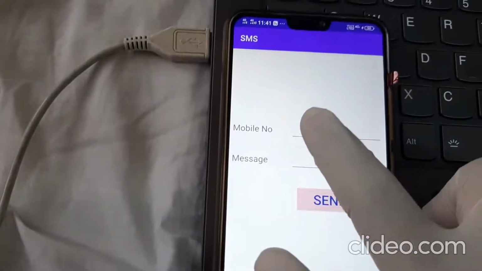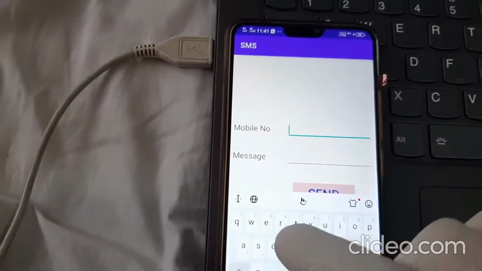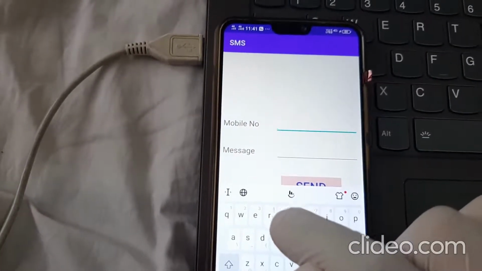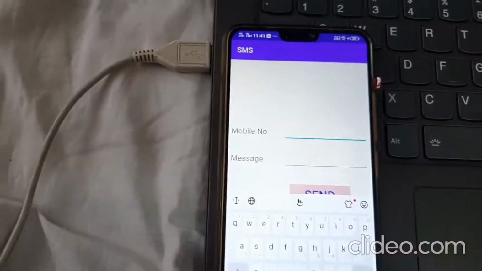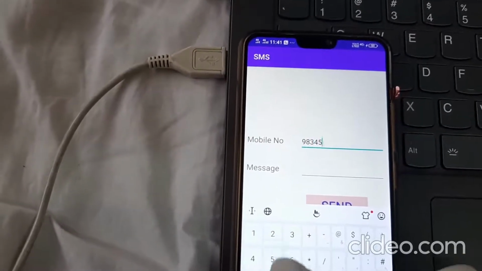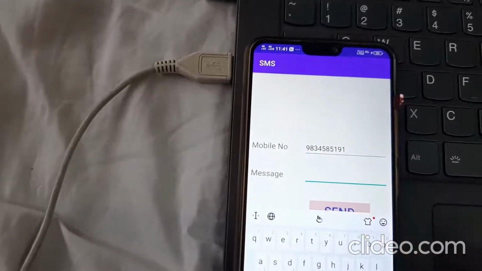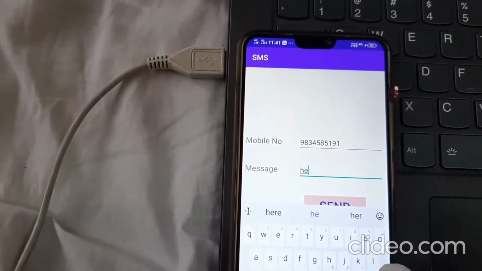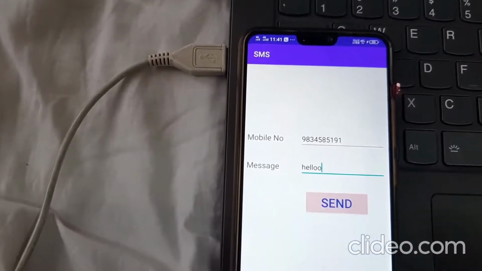So I will enter the first mobile number over here. There are two SIM cards in this mobile, so I will enter the other SIM number. So this is the number, and I will set a hello message.